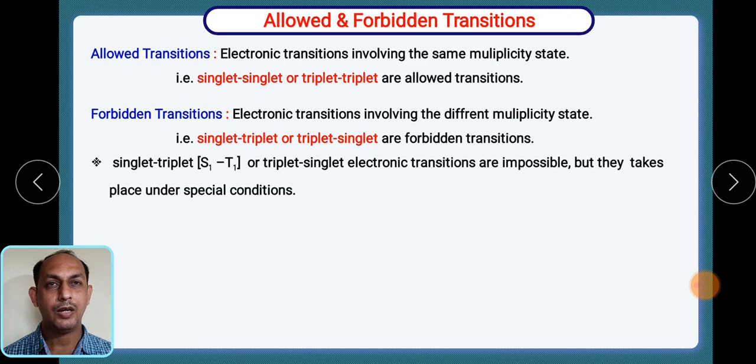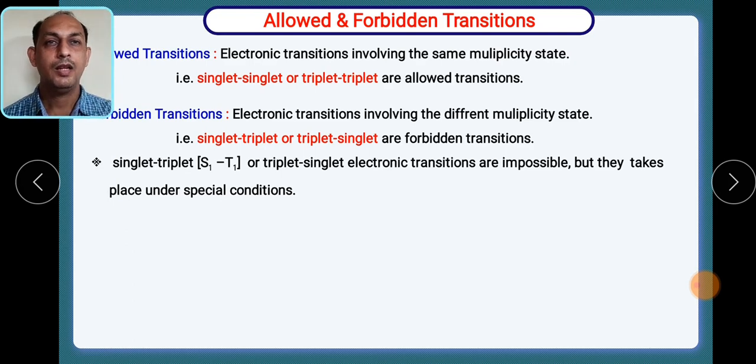Okay, what are the forbidden transitions? Which involve different multiplicity states. Different multiplicity state means what? From singlet to triplet or triplet to singlet. These are forbidden. Forbidden means which are not allowed. Okay, I hope you have understood what allowed means. Allowed means in the same multiplicity, singlet to singlet, triplet to triplet, this is allowed. Forbidden means singlet to triplet or triplet to singlet, this is forbidden. So